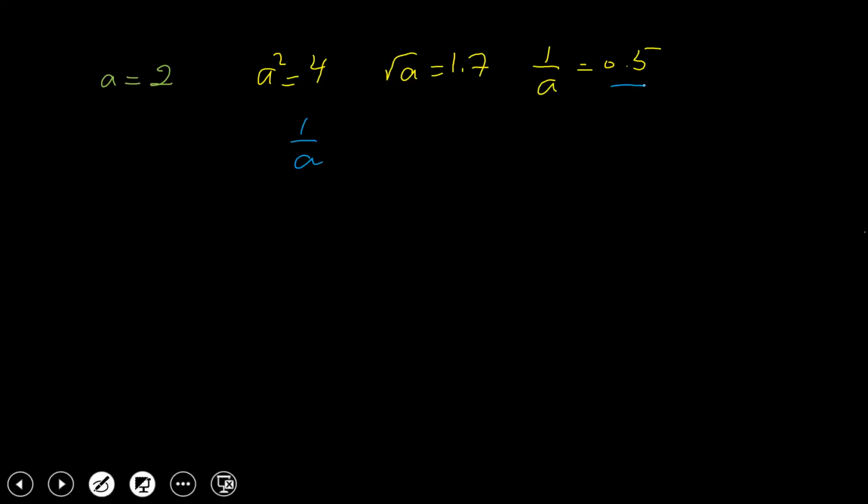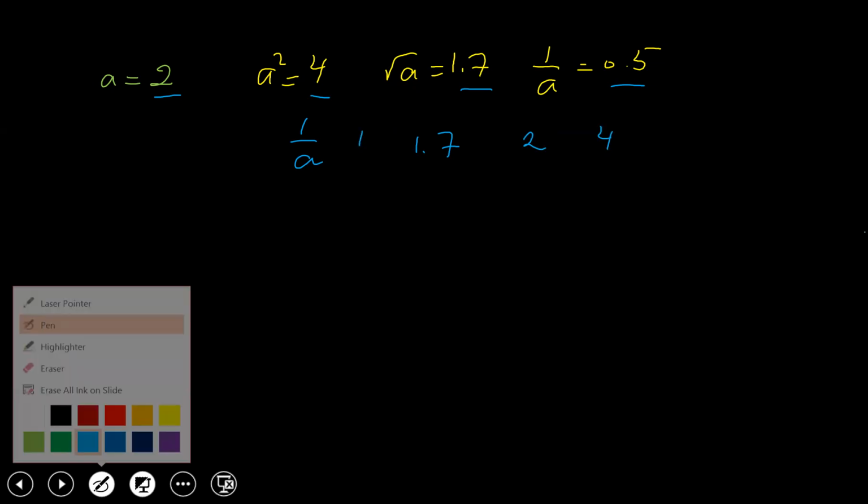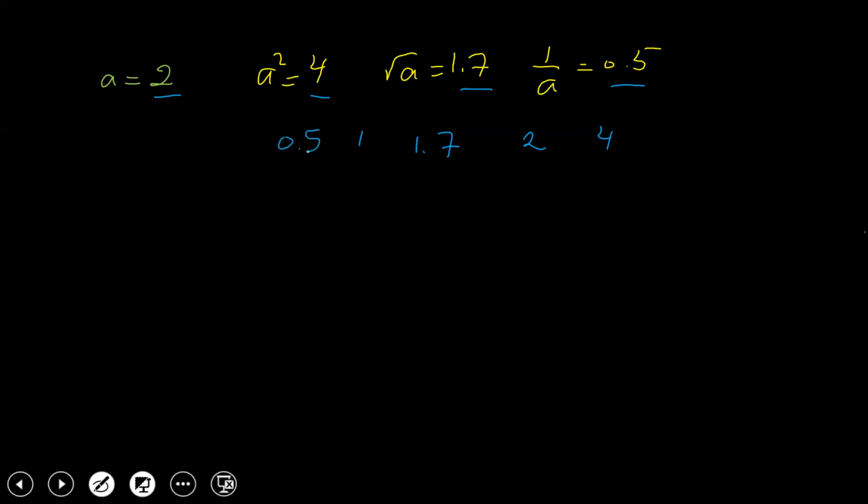Then 1.7. Then 2. Then 4. And if you want to insert 1 between them, 1 will be here. So here, first of all, we said 1 over A, which is 0.5. Now, 0.5 is 1 over A, 1.7 is radical A, 2 is A, 4 is A squared. So as you see, 1 over A is less than 1, less than radical A, less than A squared. However, if we take,